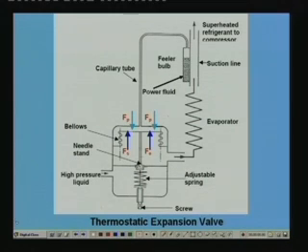This shows the schematic of a thermostatic expansion valve. You can see that this is the inlet to the valve. So, the high pressure refrigerant liquid from the condenser side enters into the valve at this point, then it flows through this orifice and its pressure reduces across the orifice, and the low pressure refrigerant flows out through the valve and enters into the evaporator. It takes the heat from the surroundings, it becomes a vapor and goes out to the compressor. Now, if you look at the valve,